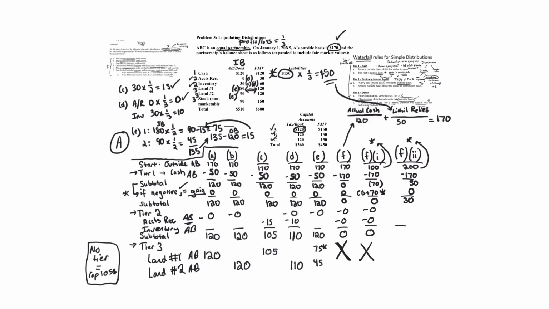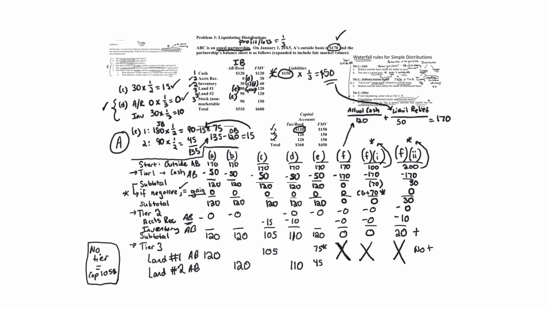So that's the same calculation that we did in D. We're limited to 0 inside basis of accounts receivable and 30. So, of course, accounts receivable is going to 0. And then for inventory, we're limited to 10 and 30, which is 10. And then we have a $20 basis left. But look at this. We have no tier 3 assets. When we have a positive number here and no tier 3 assets remaining,